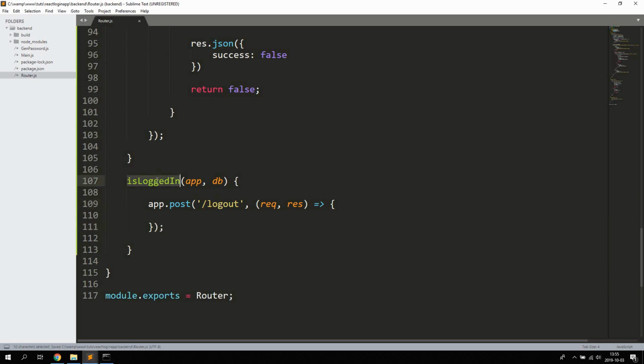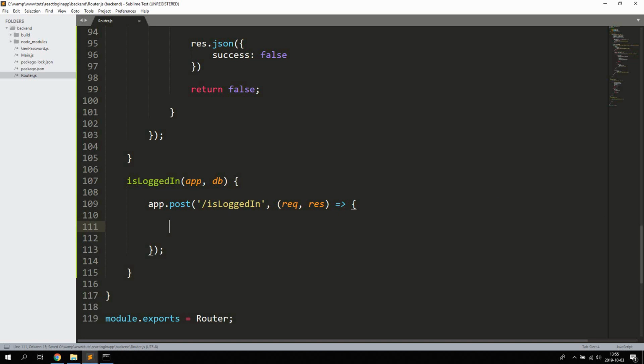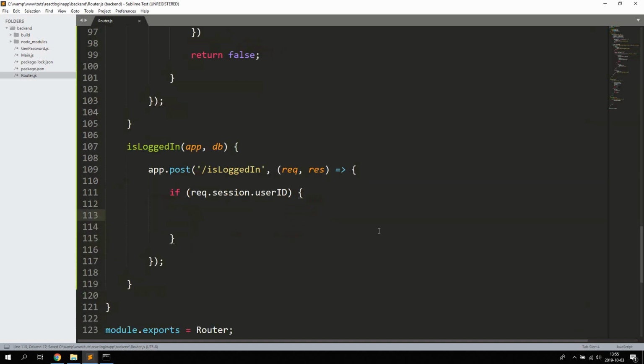And this is then called isLogin. This is the API endpoint we're using to check whether or not the user is actually logged in. So the first thing we can do is check req.session.userid. So if the user ID property is set on the session, create a new calls variable, pass in the session.userid,